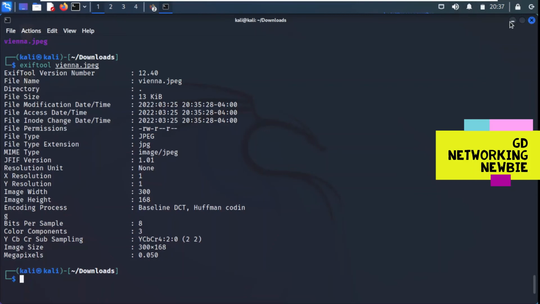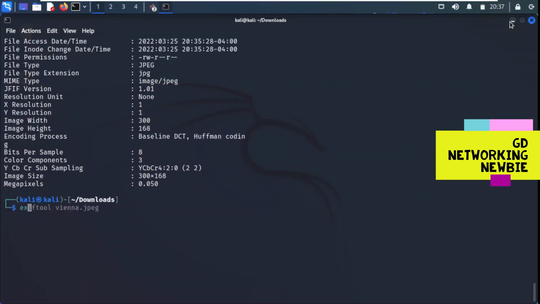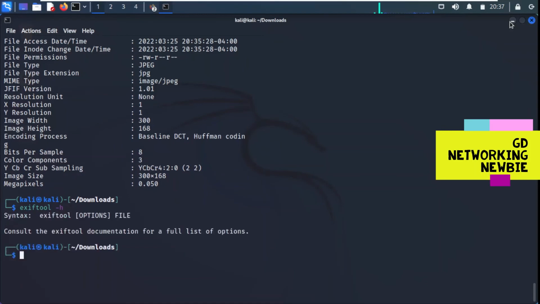And if we want to see further details about that, as usual we can write exiftool and then maybe -h. So this will give further information about that. So consult the ExifTool documentation for further details. Let's see if we have the manual here, maybe. If we see